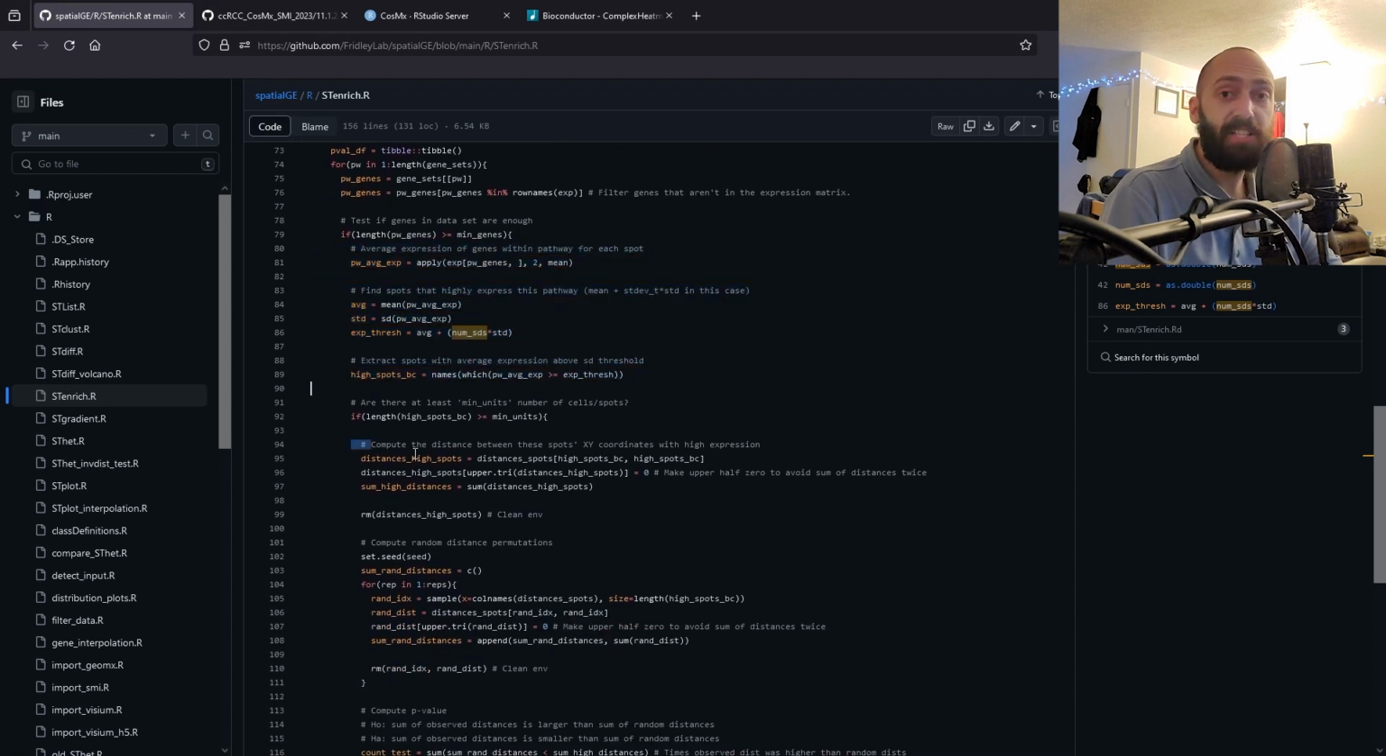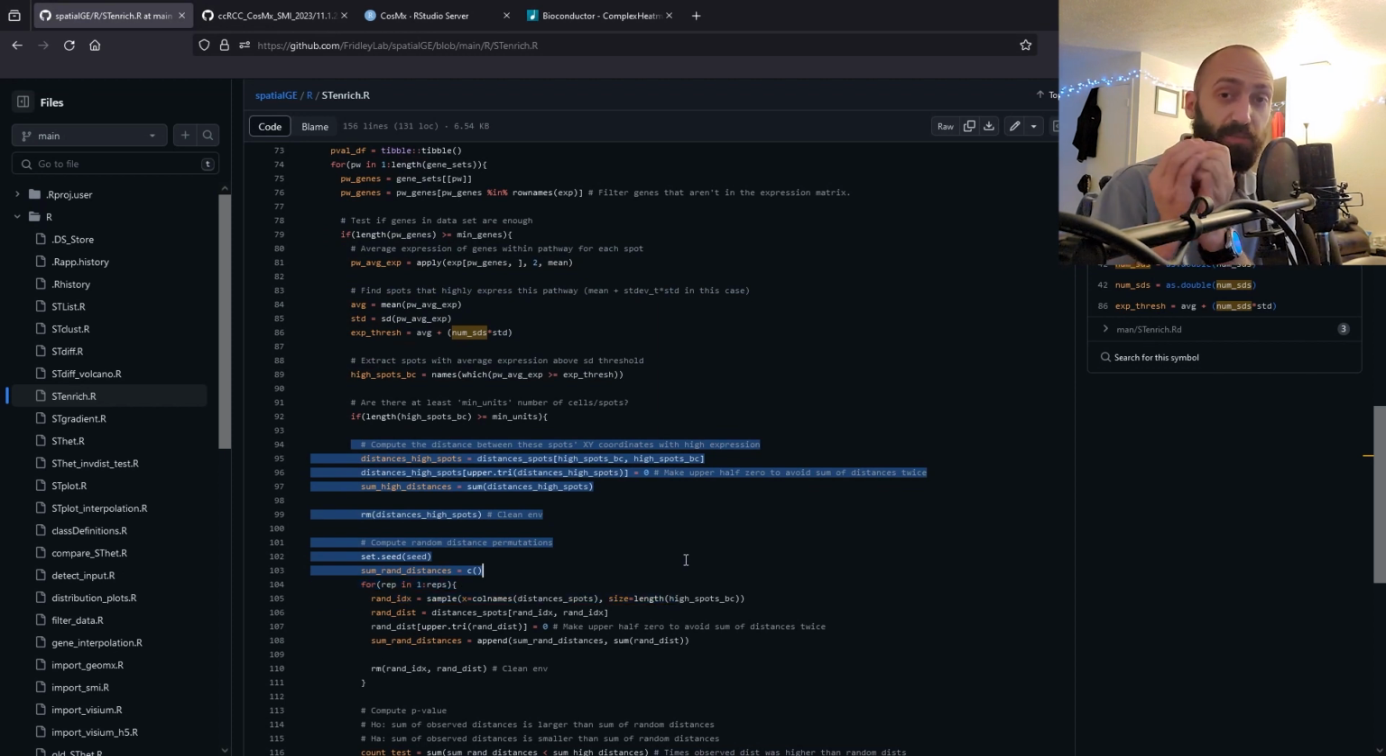Then we're going to measure the distance between those cells in our field of view. If the distance of those cells is very small, meaning all of those cells are very close together, we compare that to the same number of cells randomly selected from our sample, the distance between the observed cells, those with true